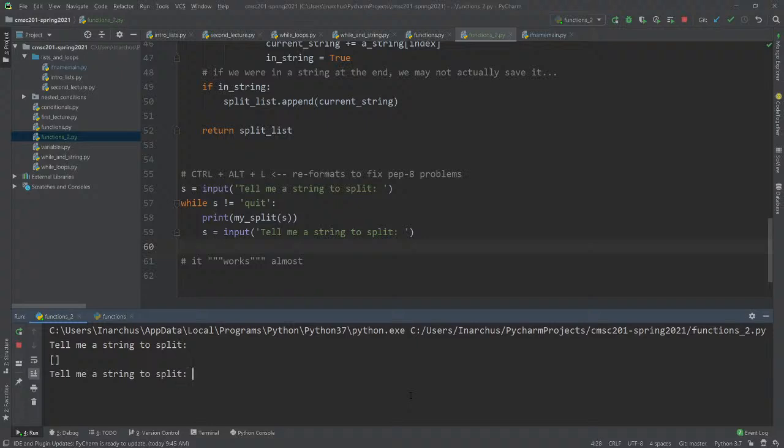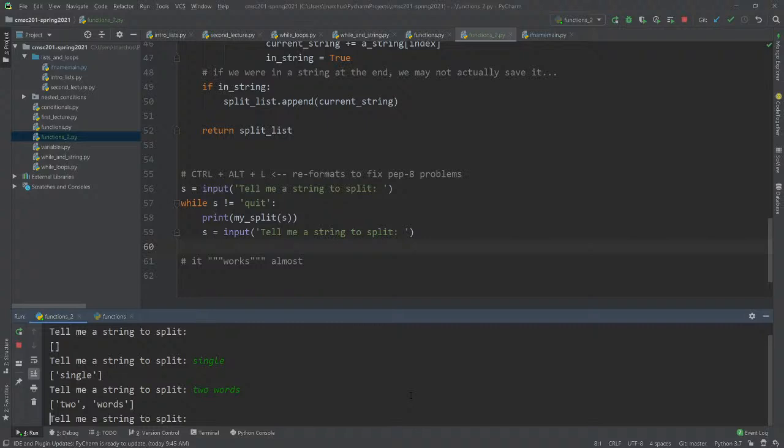How about a single word? Cool. How about two words? Very good. Three words, a three words test. How about something where we have three words with only tabs, with some tabs afterwards?